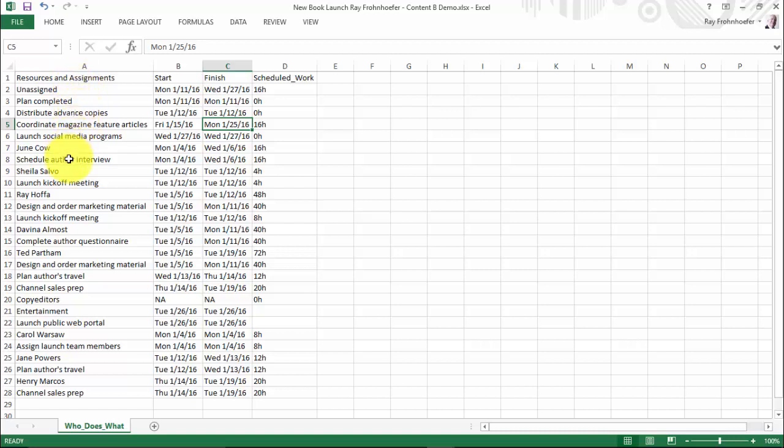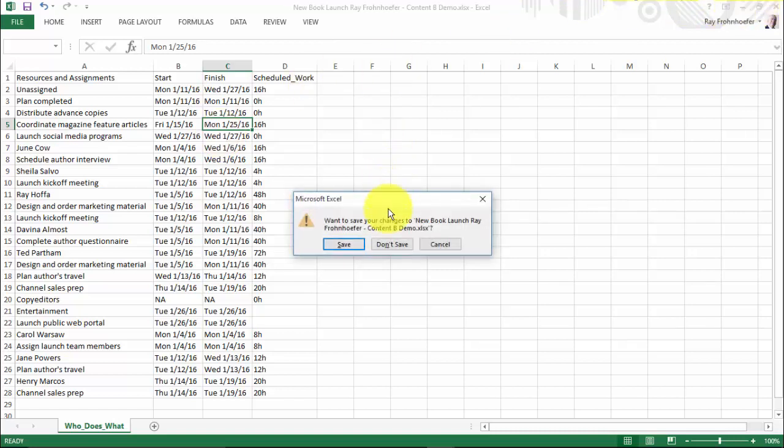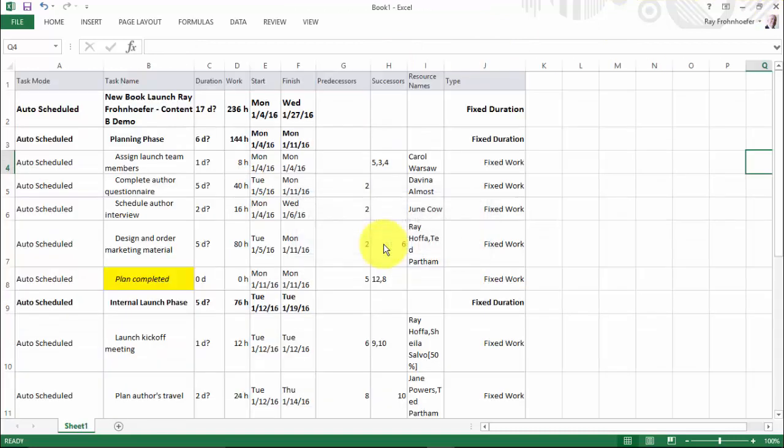So I have June, who schedules the author interviews, Sheila for the launch kickoff meeting, Ray for design and order marketing material, and launch kickoff meeting, and so on. So I've got the data that I need to see who's doing what tasks and when. Let me close this. I'm not going to save the changes.